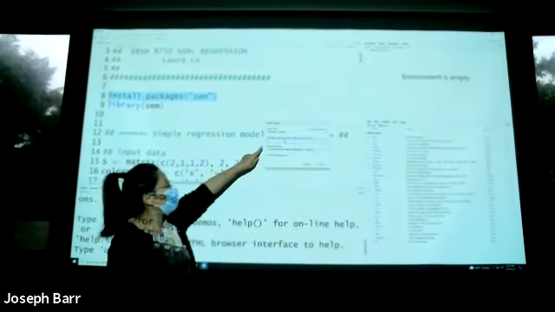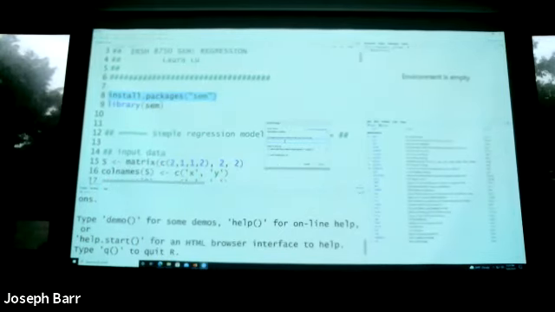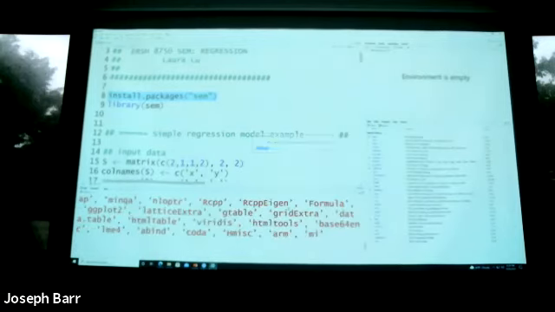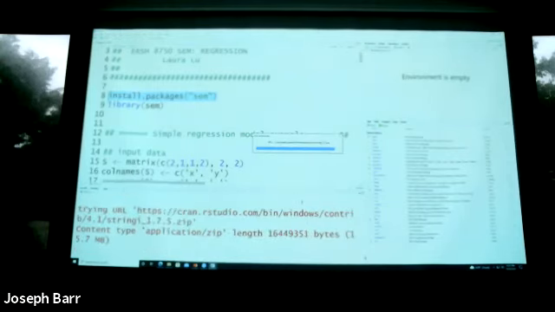You tell it the R package name. Just type in SEM, and then click the Install button. You're going to wait some minutes because there are a lot of other related packages. They will have to install all of the packages for you.